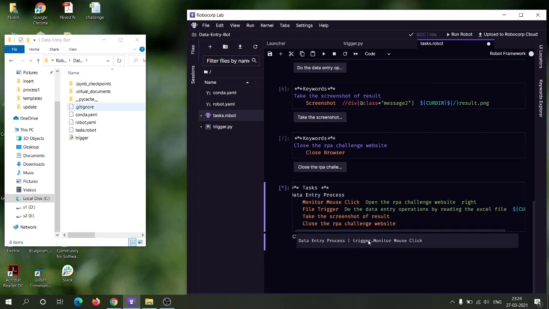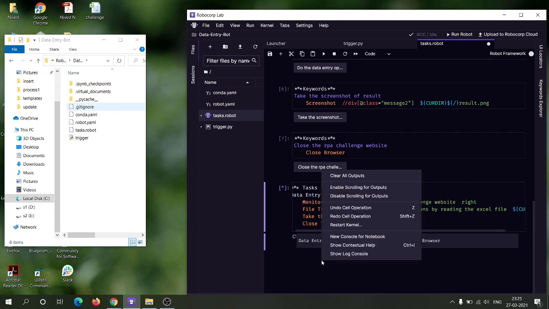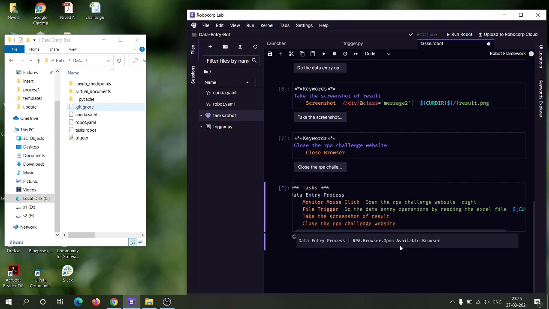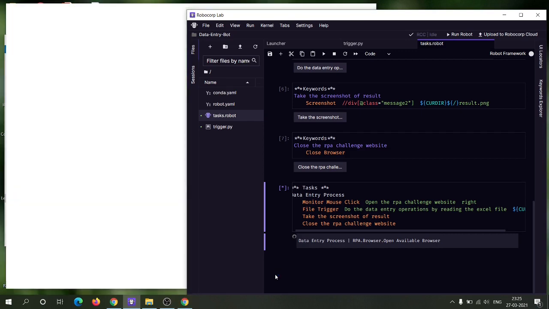Now you can see it is waiting for the right click so that it can open the RPA challenge website. So when I just do the right click, you can see that it will start to open the browser. Yeah, you can see when I did the right click, it opened the browser.